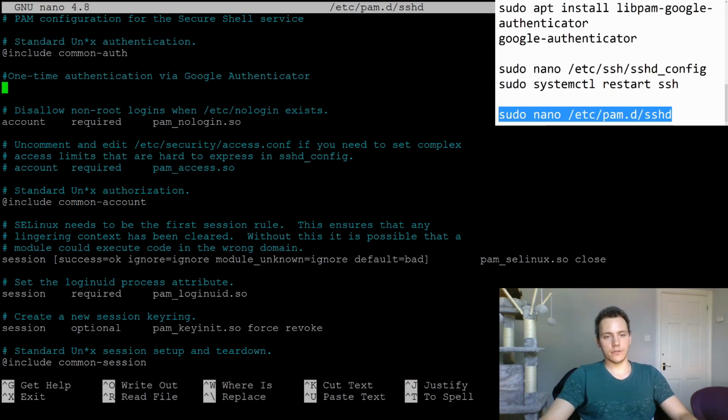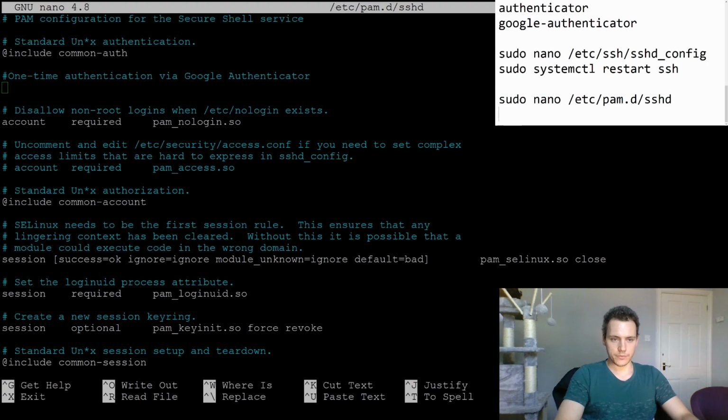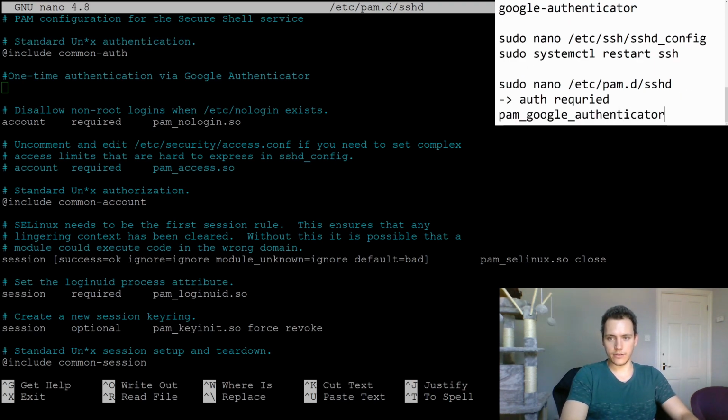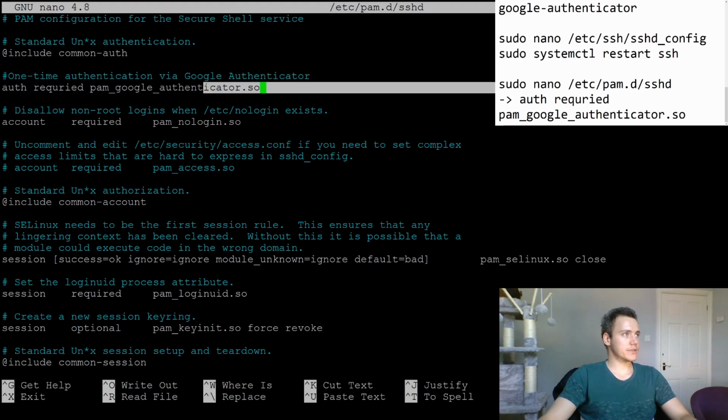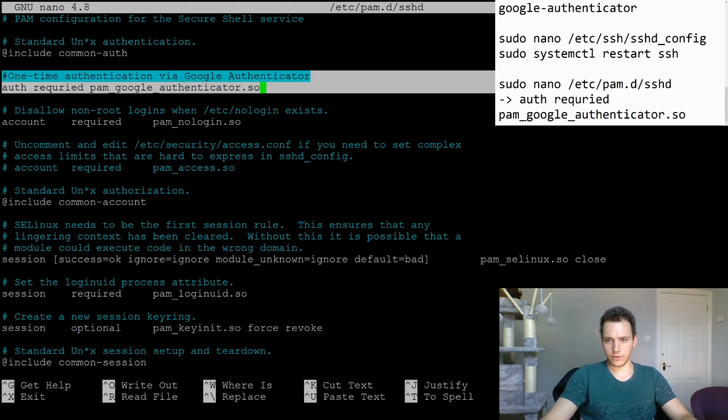Okay, and the way we're going to tell it is we're going to add here: auth required pam_google_authenticator.so, and .so is a common extension for plugins and extensions like this. So we're going to paste this in here. I'm going to copy both of them